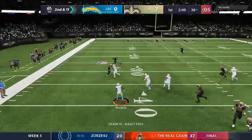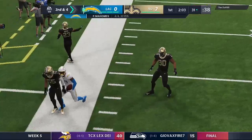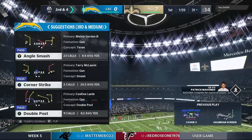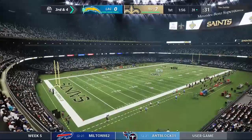On 2nd and 11 now. Mahomes looking for McLaurin, and he's got him. Takes this to the 32, maybe the 31, and then the defense rallying quickly after that broken tackle. A 7-yard gain. I don't think it's a surprise they're throwing the football early. We expected that. They told us they were going to come out firing, but 4 for 4 on the opening